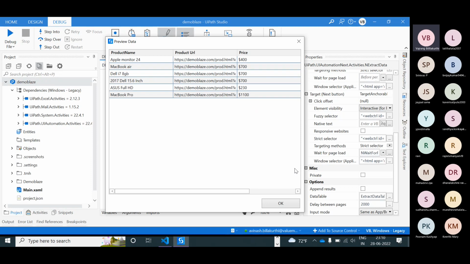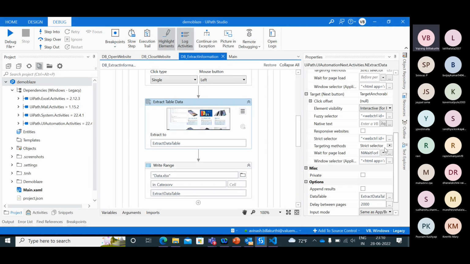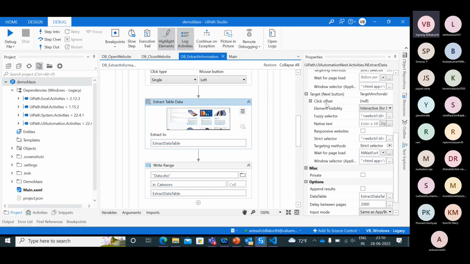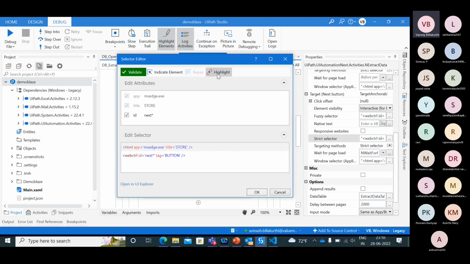Test extraction. So we are having the information. This is coming in properly. Okay. And the next selector, next item, target for next button, click offset for this selector, strict selector, highlight.